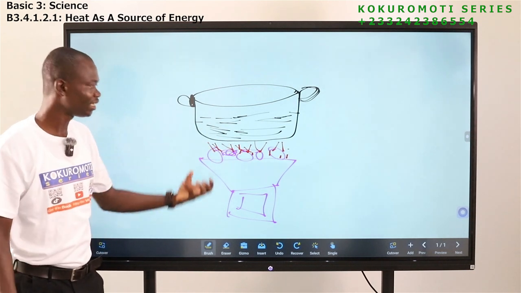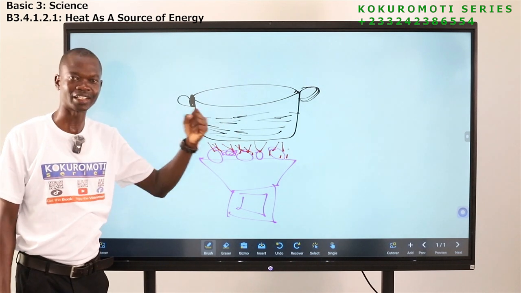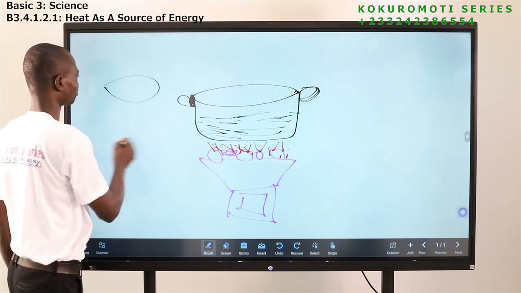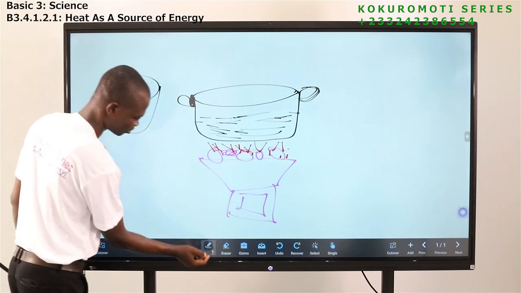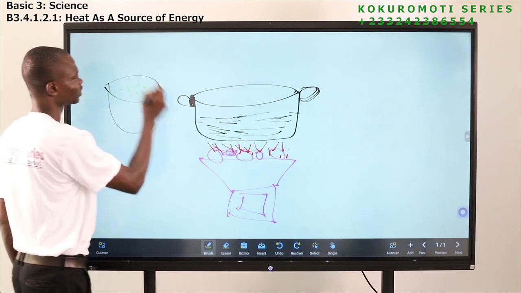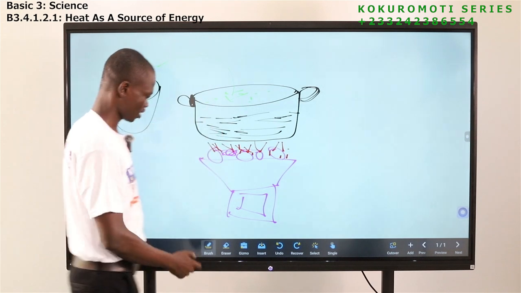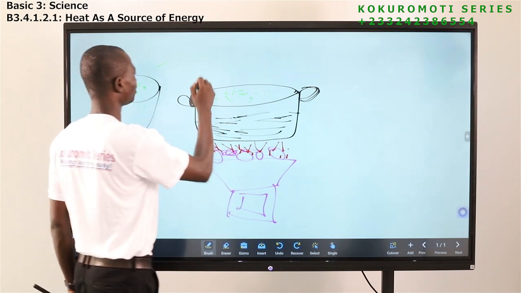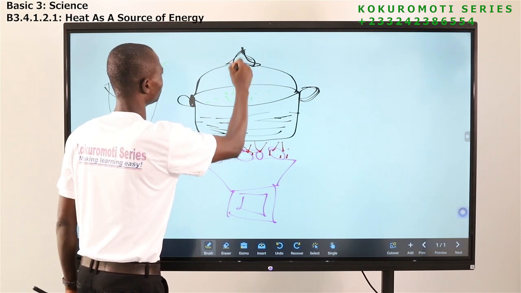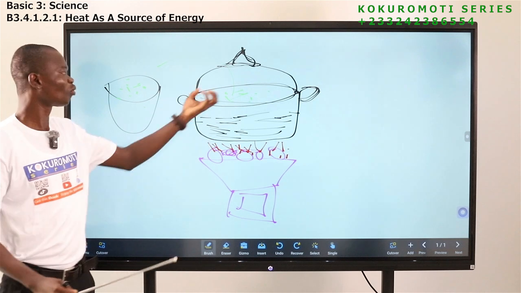As the heat increases, the water too will become too hot, and it will start boiling. So if you have your rice here, this is your cup of rice. Let's say you have your cup of rice, you pour it inside and you cover your cooking utensil. The heat will